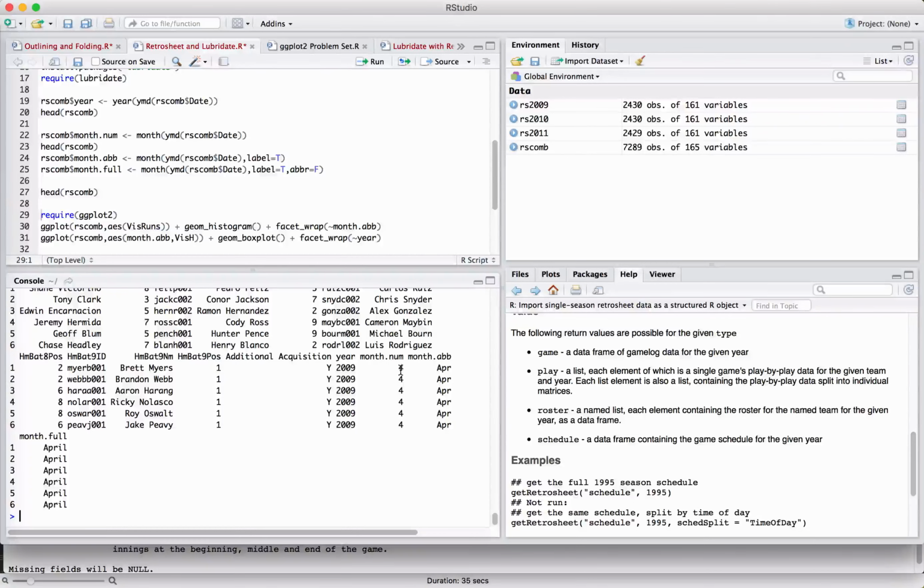Now that we have that information, let's use the power of ggplot to explore some of the data in our data frame for those 3 Major League Baseball years. First, I'm going to look at the visiting runs and how that varies according to month. So I'm going to call ggplot. RScom is the data frame I'm using. My aesthetic, the data that I'm going to plot, are visitor runs. I'm going to use the histogram as my geom, and I'm going to use faceting to break out the data by month. I'm going to use the month.abb. So we'll run this command,